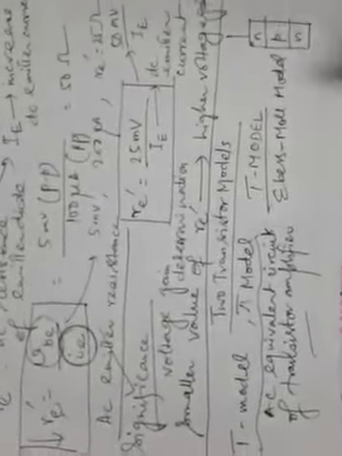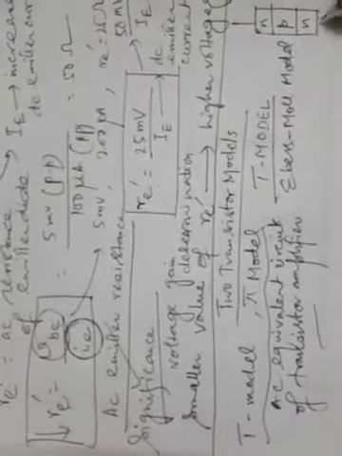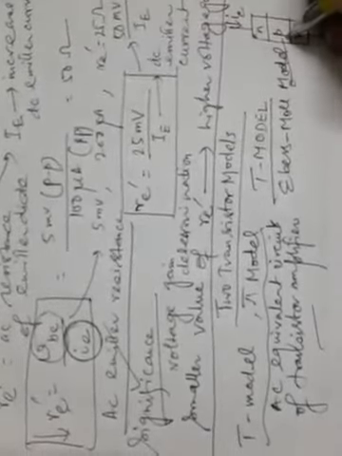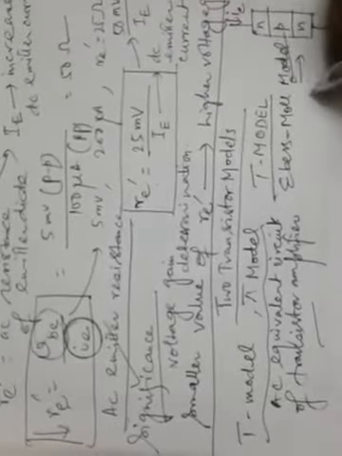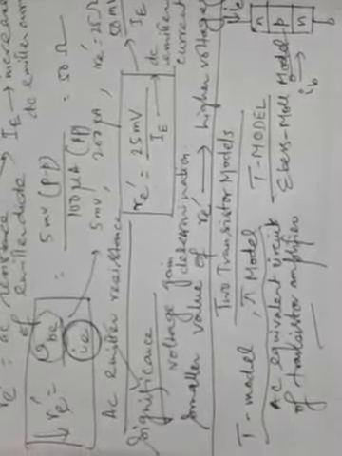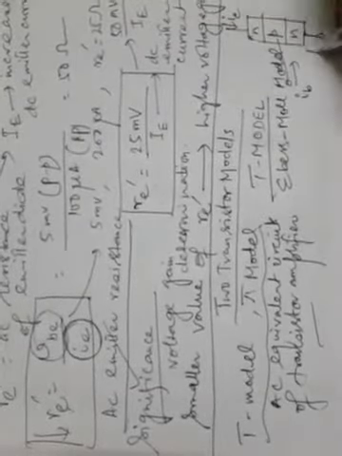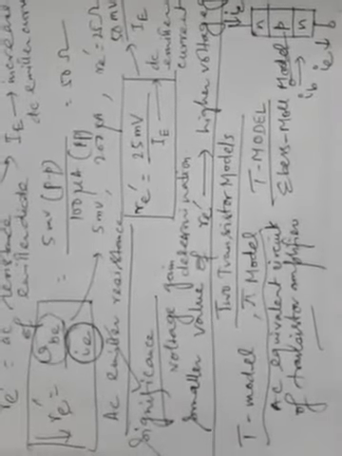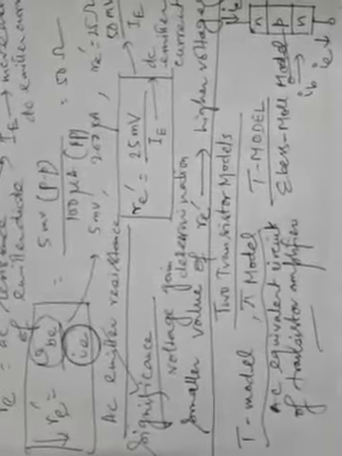You can see NPN, there are three semiconductor layers. It is representing a transistor or BJT. This is the collector terminal. In this direction IC is represented, the collector current. This is the base terminal, the middle layer, where IB is directed, the base current, and this is the emitter terminal through which the emitter current is being released, all in small letters. That means they are representing the AC form of the different currents of the transistor.